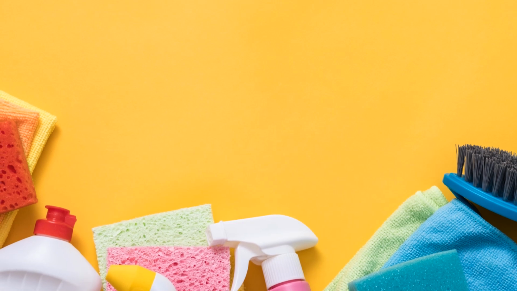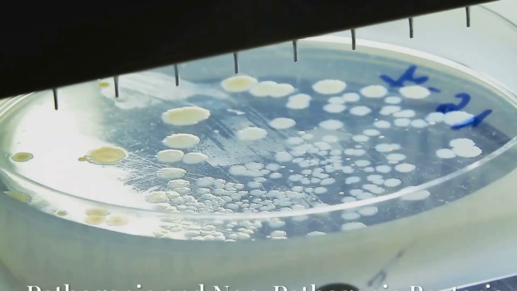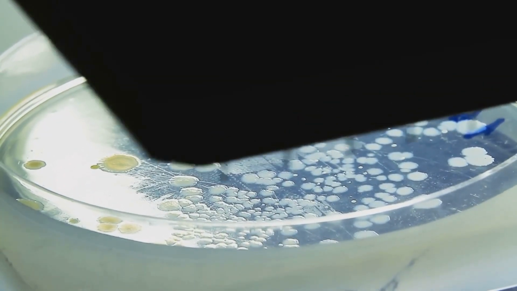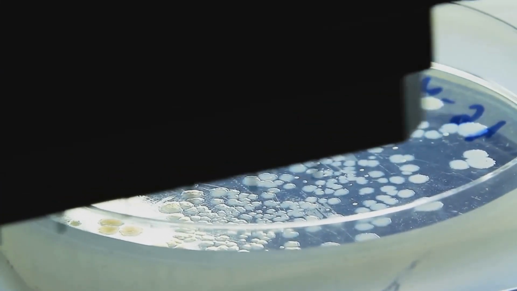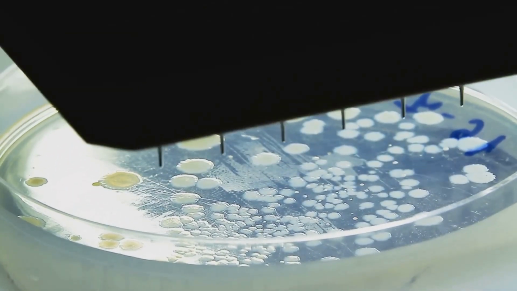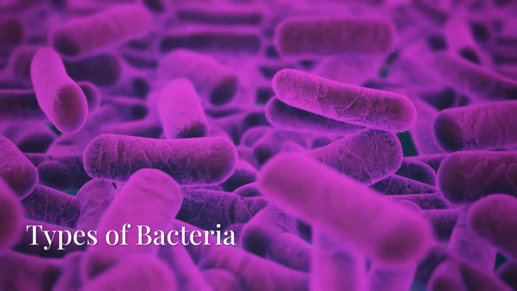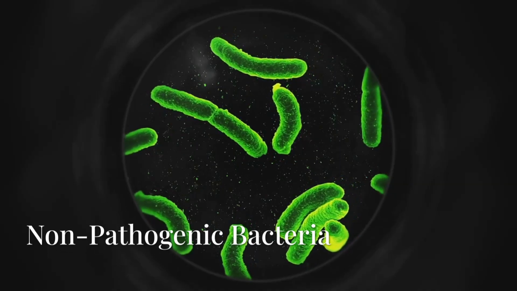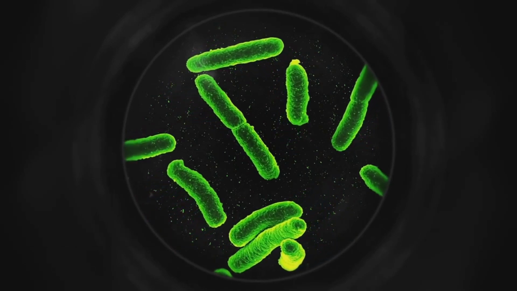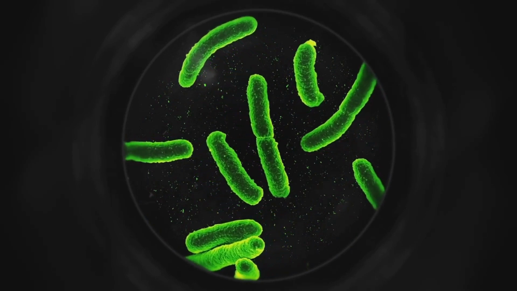In this spore stage, bacteria will wait until conditions change to come back to the active stage again. When bacteria are in the spore stage, it is very hard to kill and they are not harmed by disinfectants, heat, or cold. There are thousands of different types of bacteria and all are divided into two types, pathogenic and non-pathogenic.